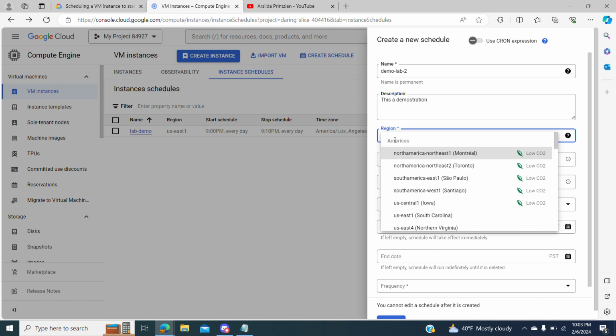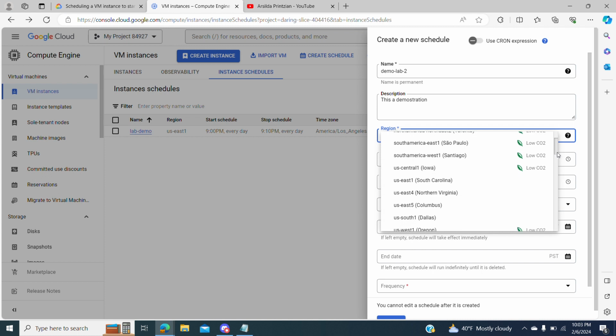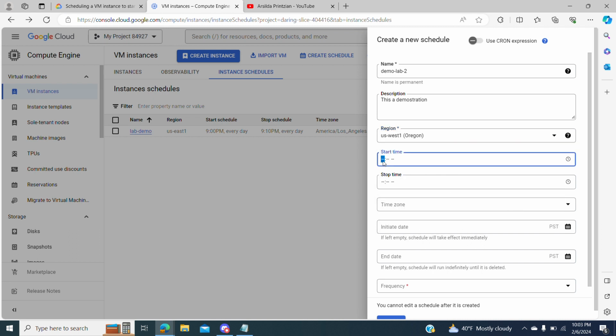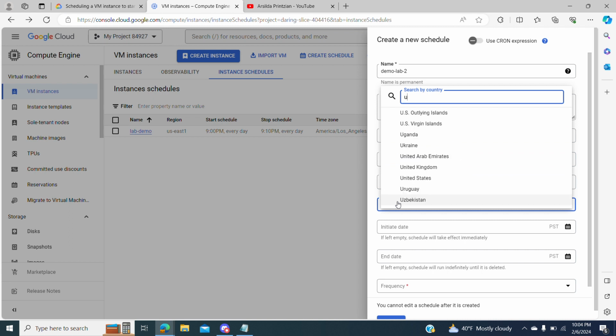We use the region, in this case we are in US, in Oregon, and then we choose when our instance should start. Let's say that the instance should start at 8 a.m. and what time the instance should stop. Let's say that at 6 p.m. the instance should be stopped. Then we use the time zone. We go in United States